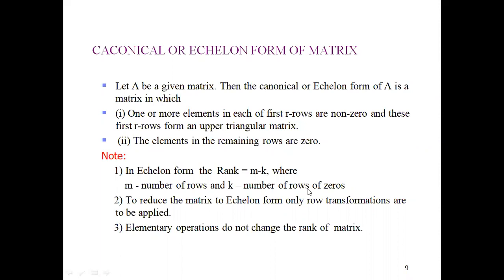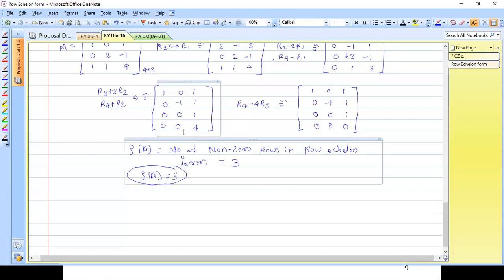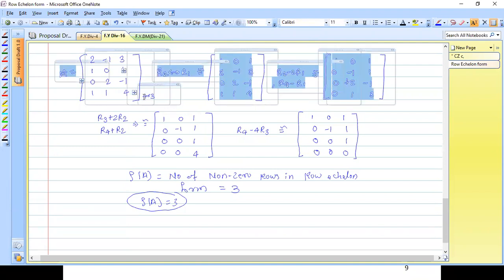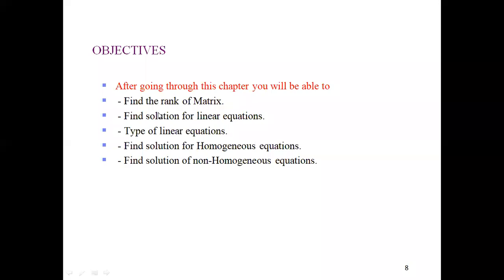So what you are getting? You are simply getting the number of non-zero rows. So this definition and this definition are the same. Okay, clean and clear to everyone? Yes. This means that when we go from row echelon form, we can't get a rank more than 3. No, it depends on rows. That's why I'm talking about it, because we are dealing with the number of non-zero rows, so we are not getting a rank greater than that number.